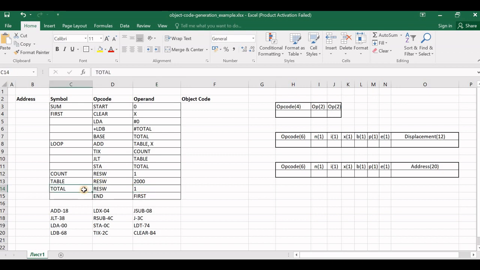Now we will start with the actual conversion of these SIC-XE instructions into the object code. As I have told you earlier, the entire process can be divided into 2 different steps. The first step is assigning the addresses to all the instructions. So how can you assign the address? From where can you get the starting address of the program? That can be obtained from the assembler directive START, because START will tell you where exactly the program is starting. It is starting from the address 0. So the first executable instruction is stored, or starts, from the address 0 in the memory.